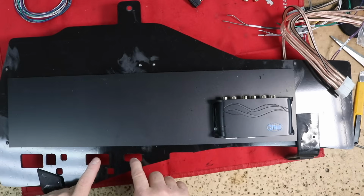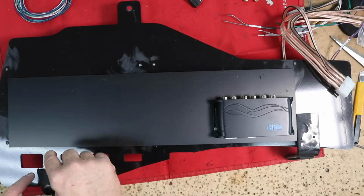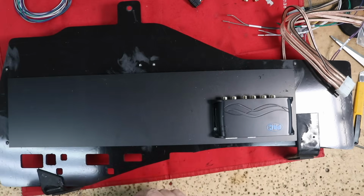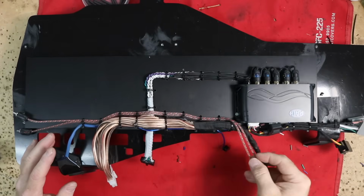These two holes here are for my inputs and outputs. I have my Toslink, my USB, my RCA, and the remote turn on. So all of that can be brought up along in here, zip tied into place, and then affixed to this. Let's get started. So I spent a little bit of time working on the plan that I have for wiring